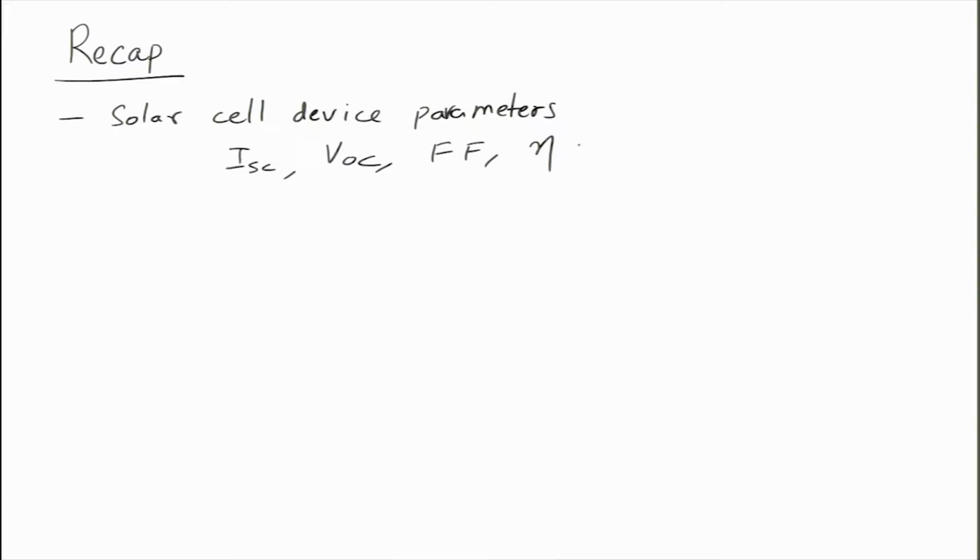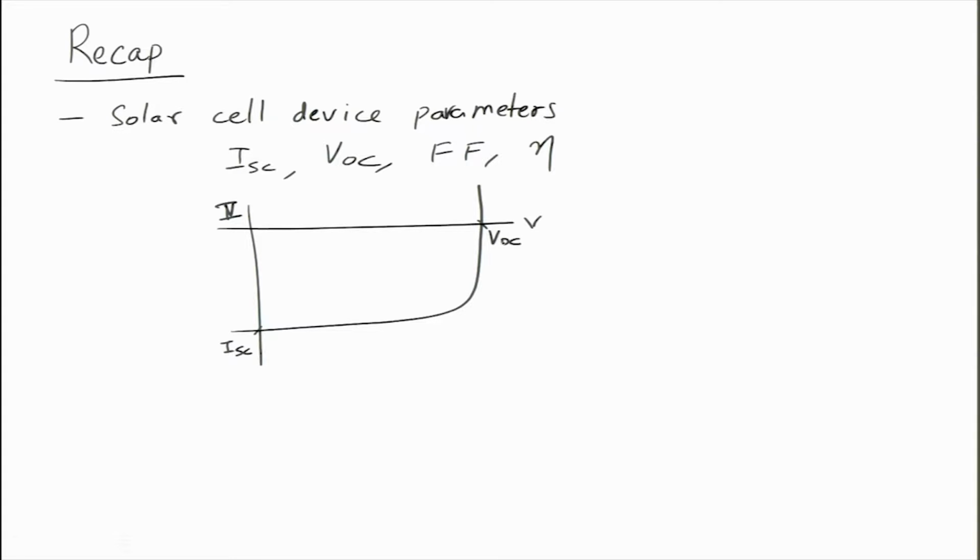The recap of the last lecture is that we learnt about solar cell device parameters. We saw what is short circuit current, what is open circuit voltage, what is fill factor and what is efficiency, and we also saw that a typical IV curve of a solar cell device is like this. It is in the fourth quadrant. So, the current at 0 voltage is short circuit current, the voltage at which current is 0 is open circuit voltage, and